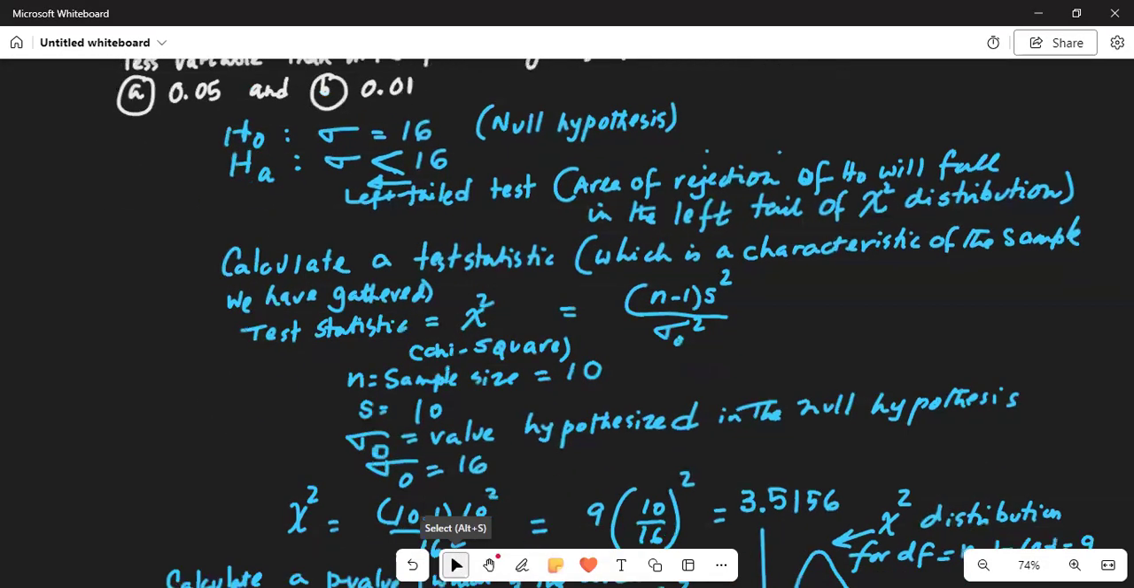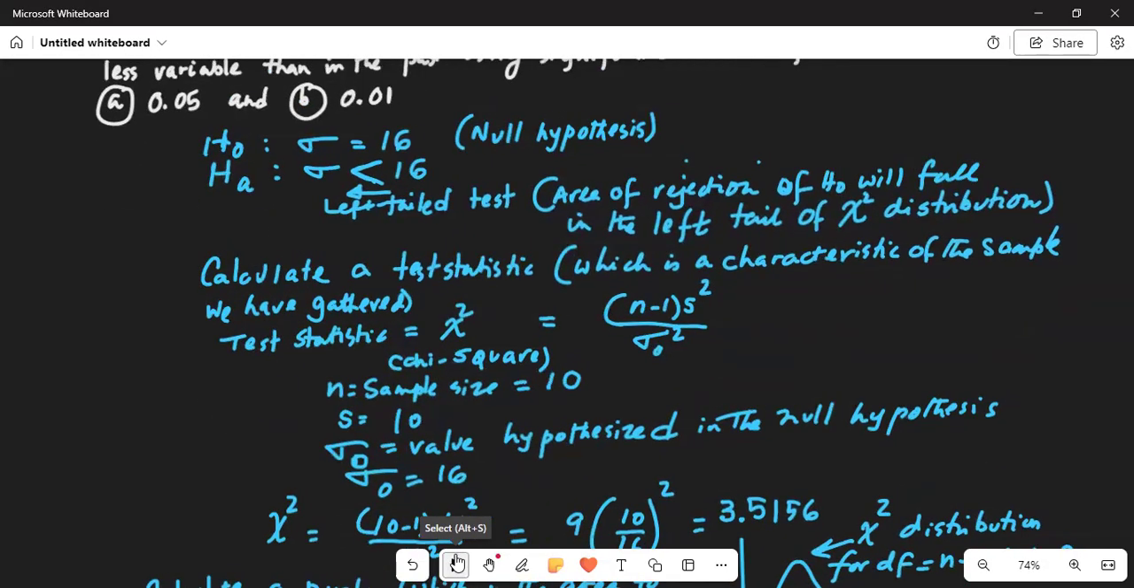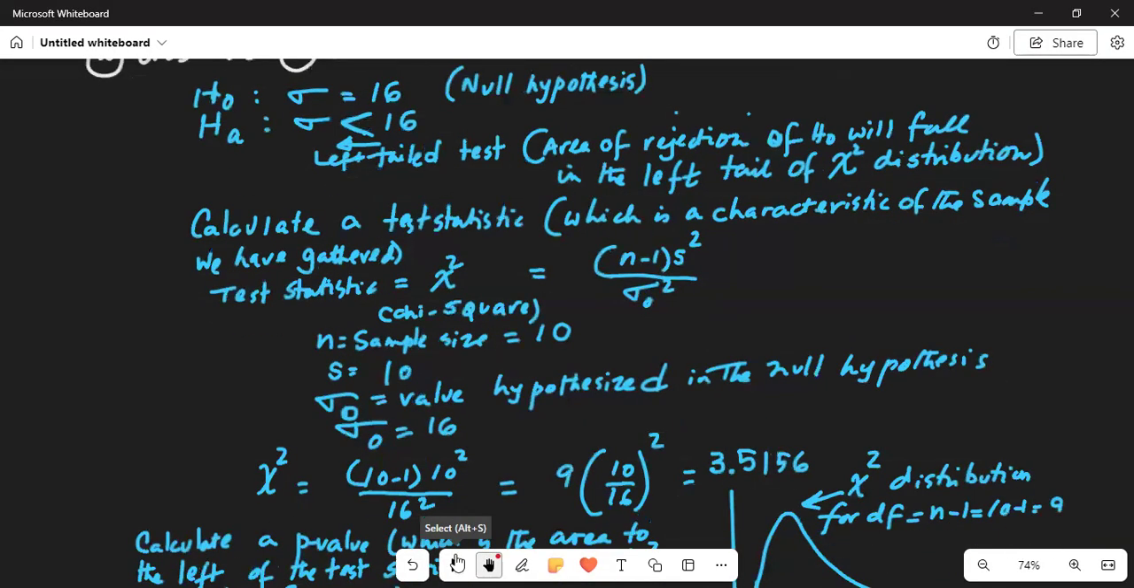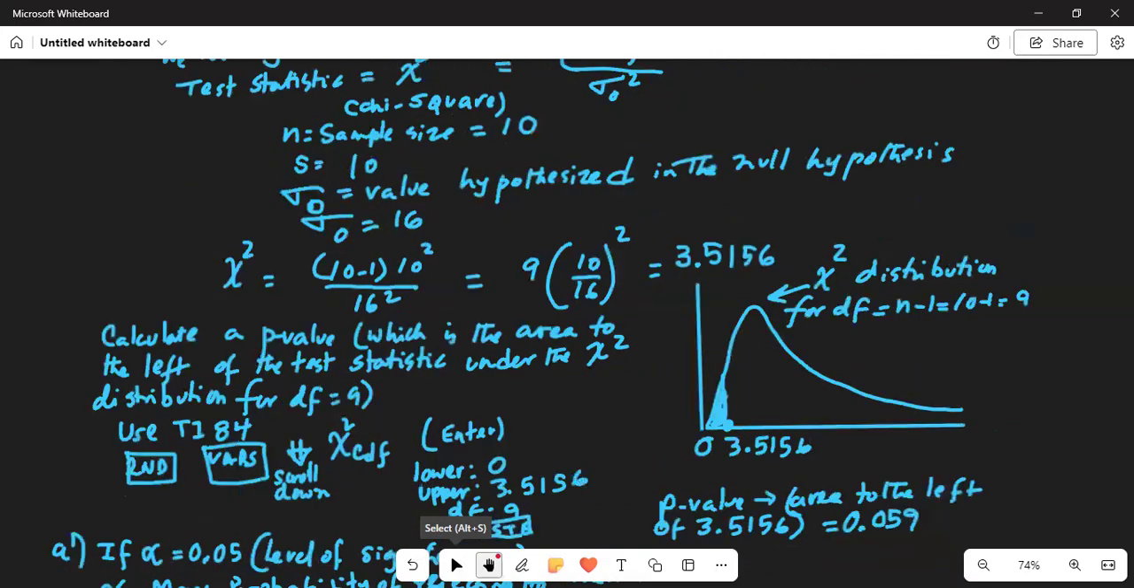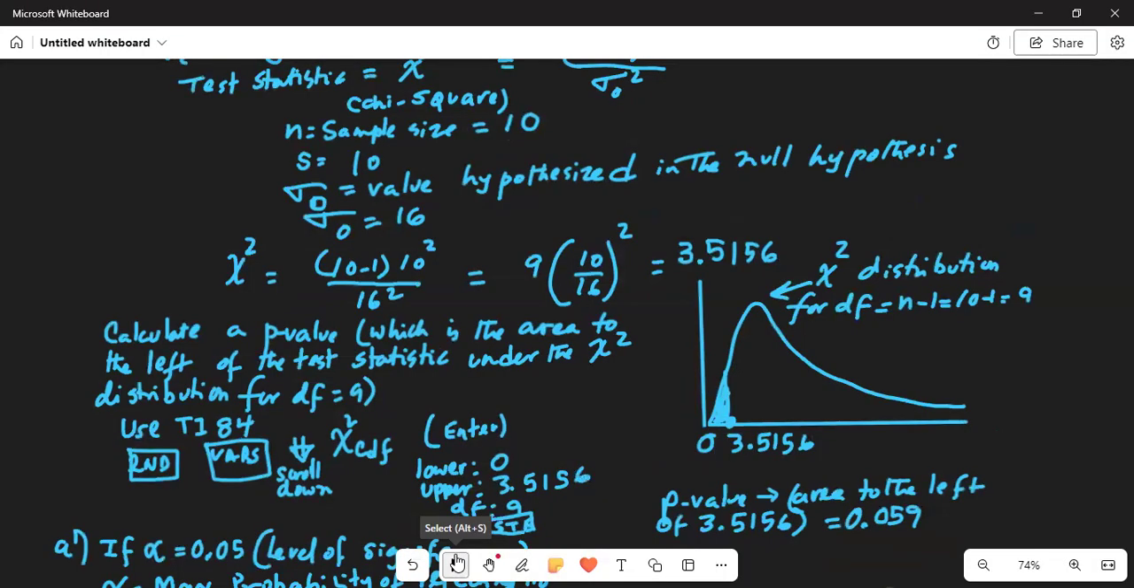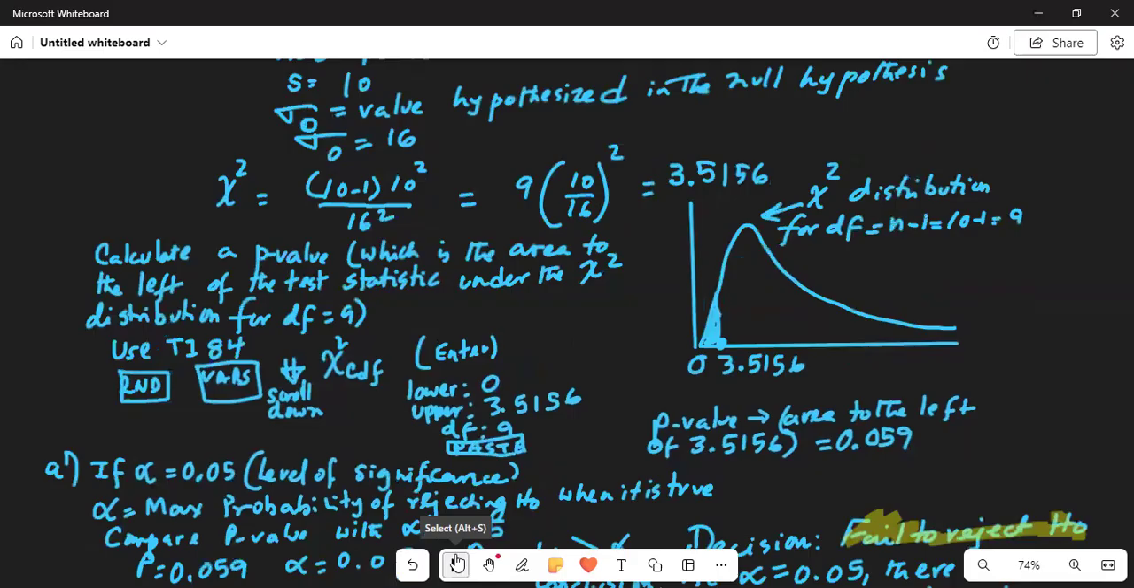Okay, so we have to calculate a test statistic based on our sample data. Remember, test statistic is a characteristic of the sample. In this case, the test statistic is chi-square, which is given by this formula. We calculate that chi-square test statistic value of 3.5156. Because this is a left tail test, because of less than in the alternate, we find the area to the left of the test statistic under the chi-square distribution for degrees of freedom equal to 9. For that, we use our TI-84 calculator, and we find the area or the p-value equal to